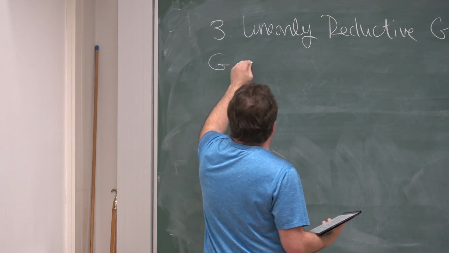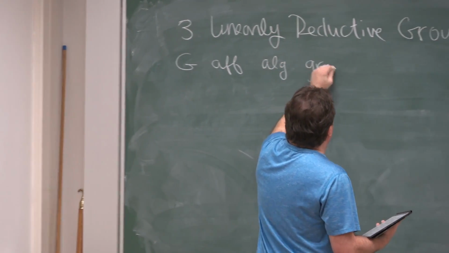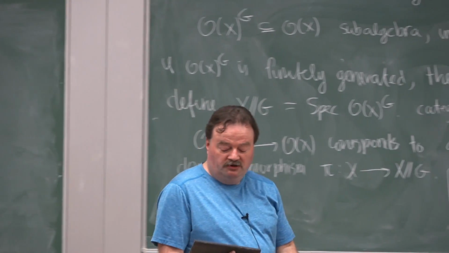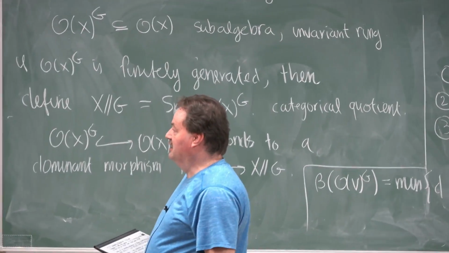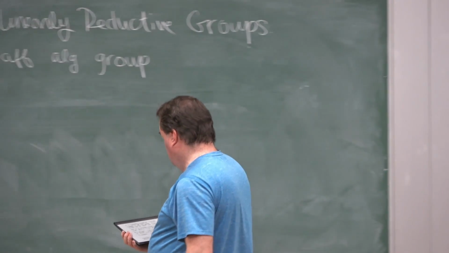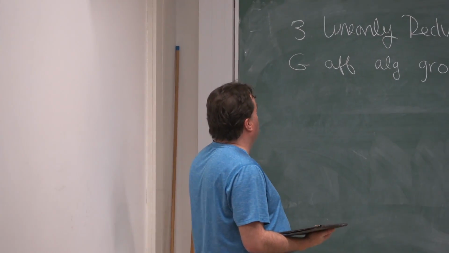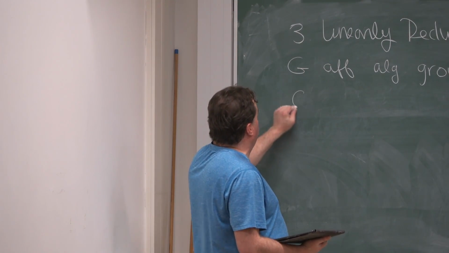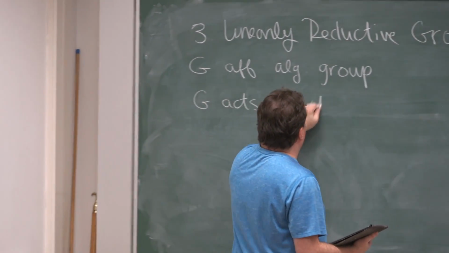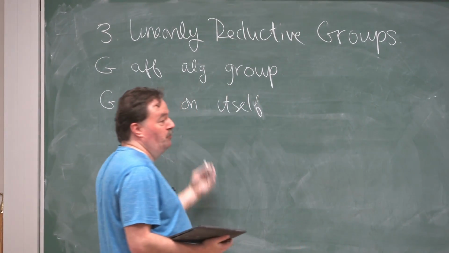So let's say G is an affine algebraic group. And the different ways of defining linearly reductive, I'm just going to choose one definition that's convenient for what I want to do. First of all, if G is an algebraic group, then G acts on itself by left multiplication,